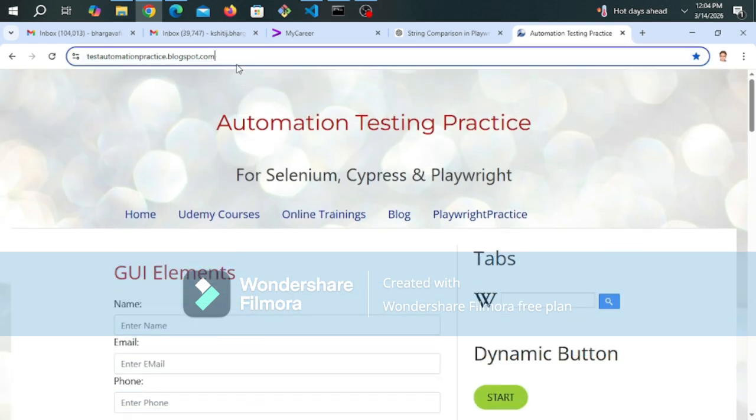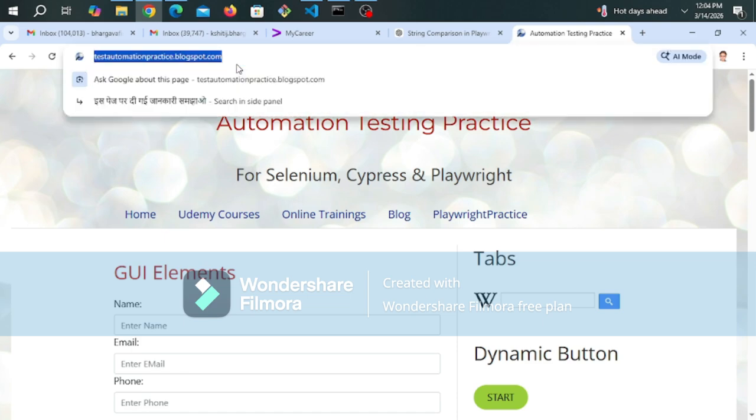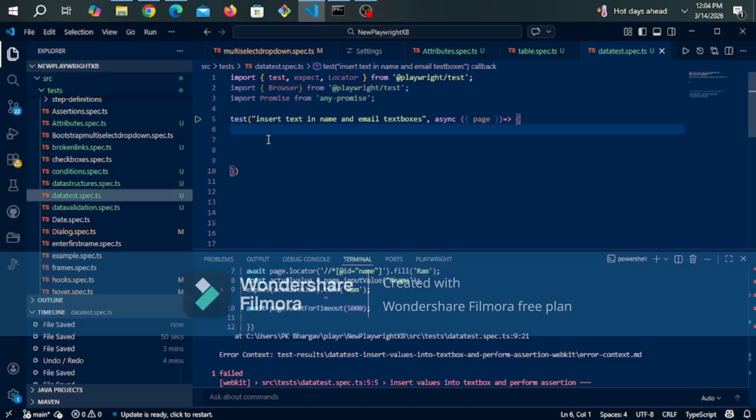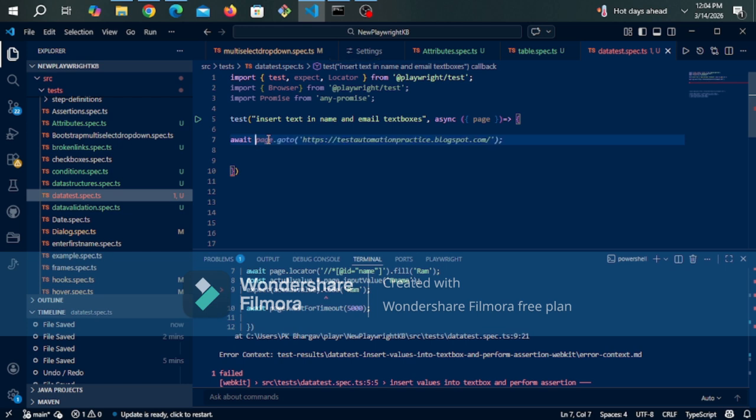First of all, let us launch this website or URL. So how can we do that? Page await means asynchronous wait. So page dot go to. Now I already copy pasted the URL. So you can see now